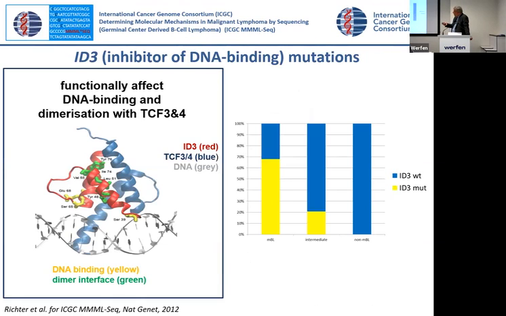And we were particularly interested in the function of TCF3. That's a transcription factor which is activated in Burkitt lymphomas, either directly through mutations or by mutation of ID3, which is much more common, which inhibits TCF3. So we see in 60 to 70% of the Burkitt lymphomas mutations in this gene. Another way of deregulation is differential splicing. So we wondered, has this something to do with DNA methylation?